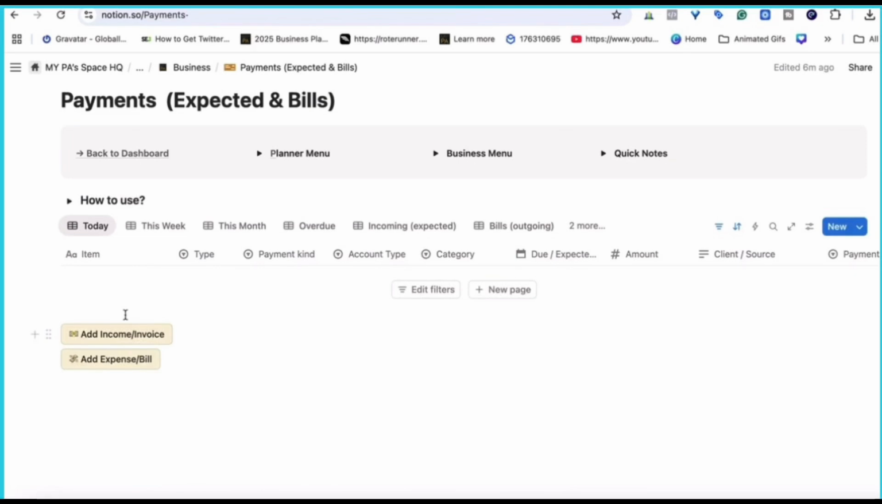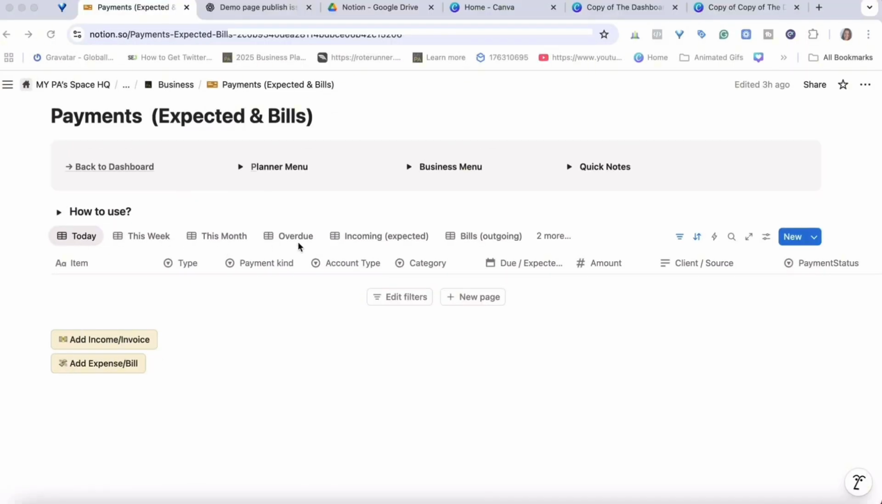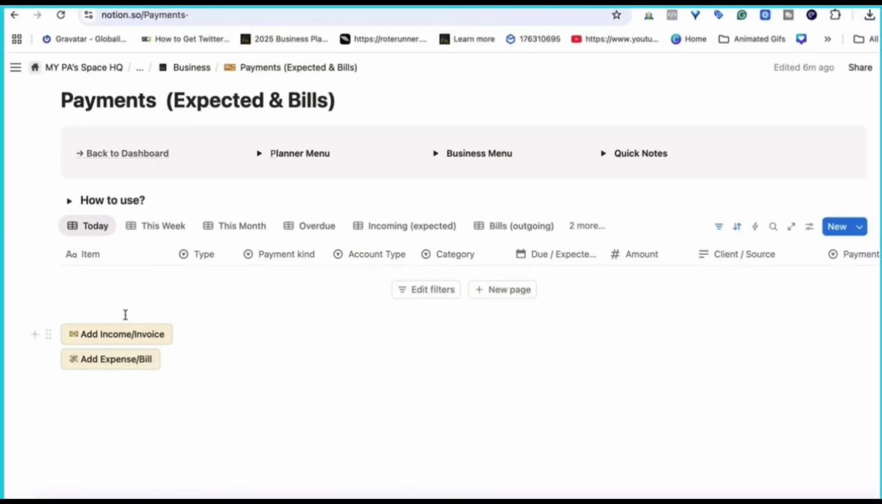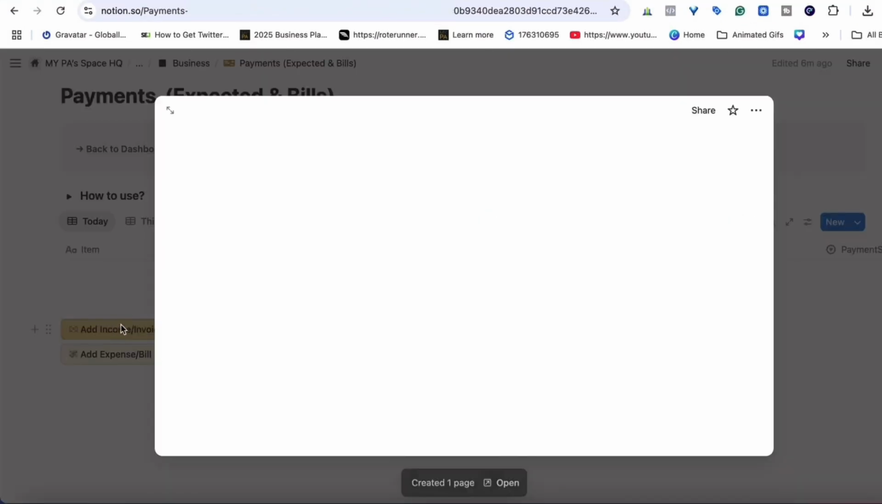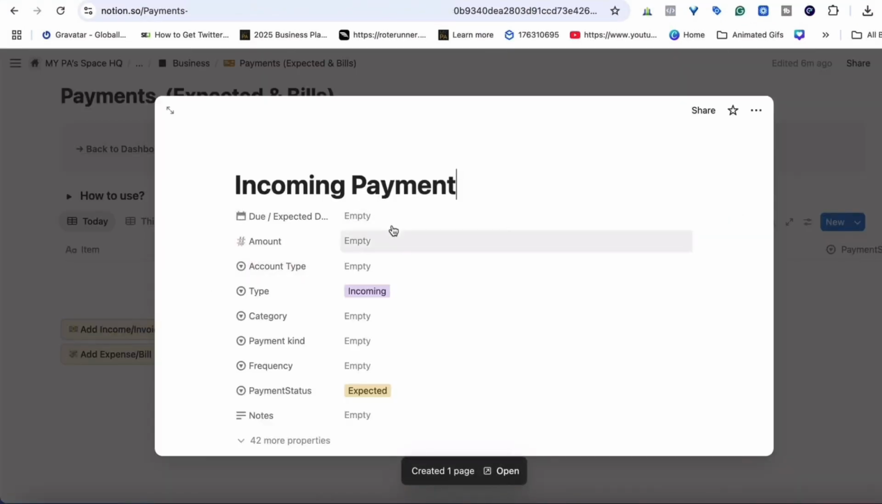Along the top, you've got filters for today, this week, this month, overdue, incoming and bills, so you can see exactly what's due and when. Down here, you can quickly add anything using add income, invoice or add expense, bill. You just give a name, choose whether it's incoming or outgoing, pick the account type and category, set the due date and the amount, and if you want, link it to a client or source. Once it's in here, it also shows up on your dashboard when it's due, so you always know which payment